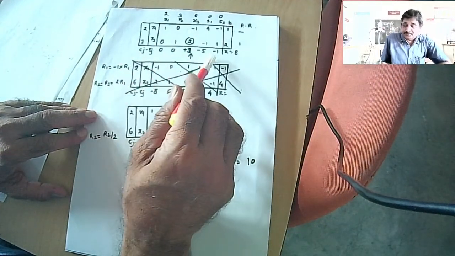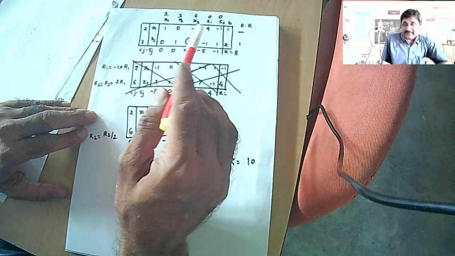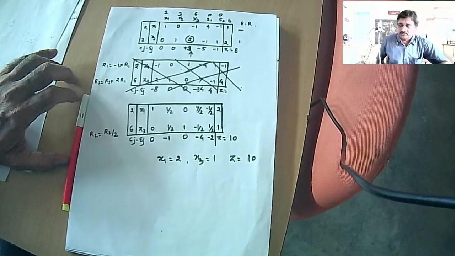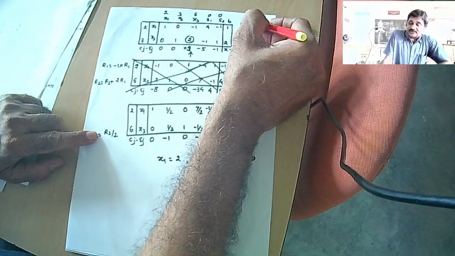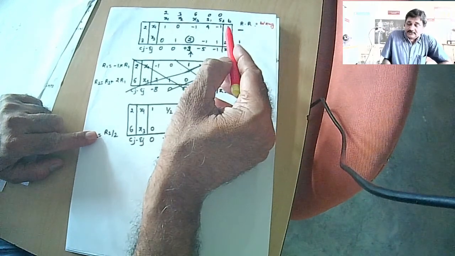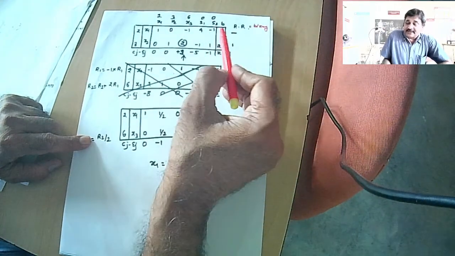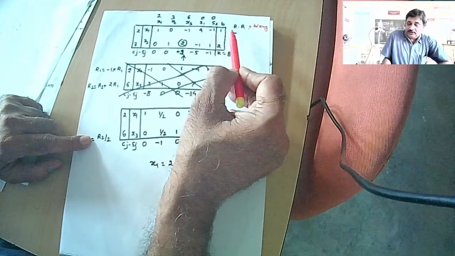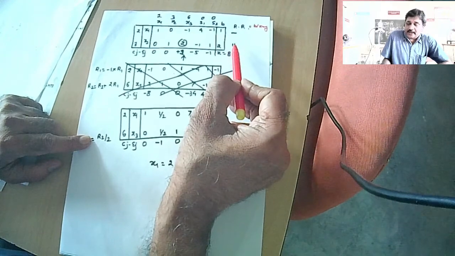Now when it comes plus 2, what you need to do is you take that as entering variable, as we usually do. If Cj minus Ej value is positive, you take that as an entering variable. Then you find replacement ratio as the ratio of B by K. Alright. So, replacement ratio you don't have to write if it is coming negative. 1 divided by minus 1. Why? Because this is the key column now. 1 divided by minus 1, it is dash, and 2 divided by 2 is 1.